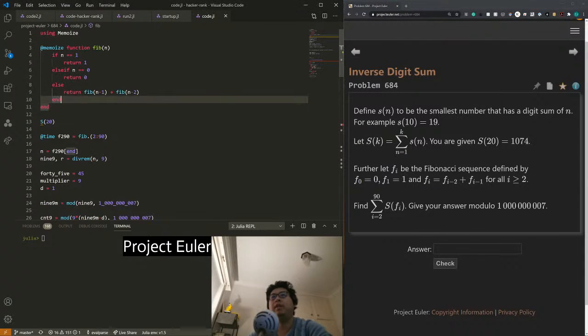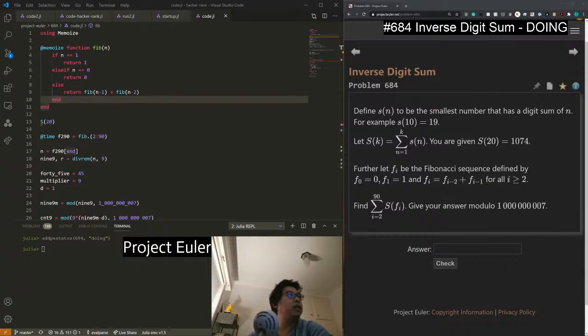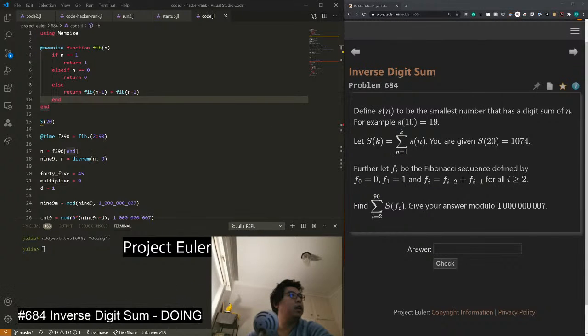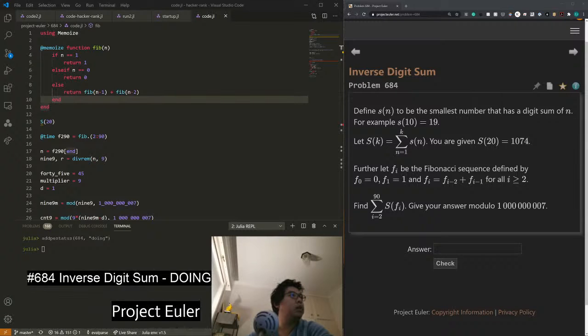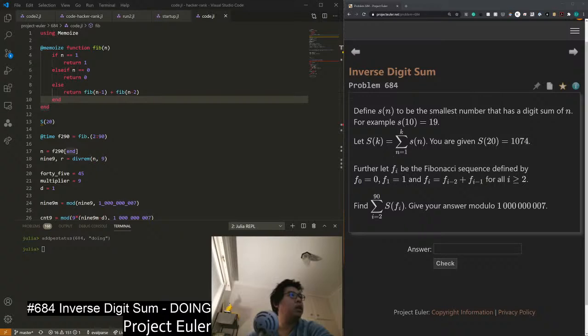This problem is surprisingly hard because, well, firstly, the problem is inverse digital sum. I finally decided to make some helper functions to help me manage this. Put it here, put it here, put it here. Okay, so